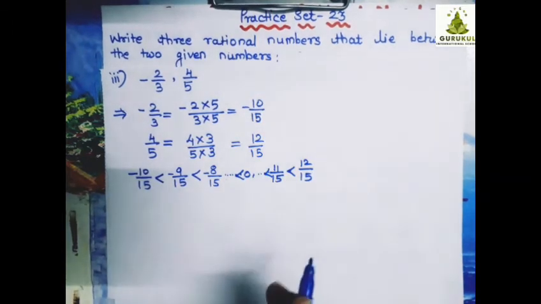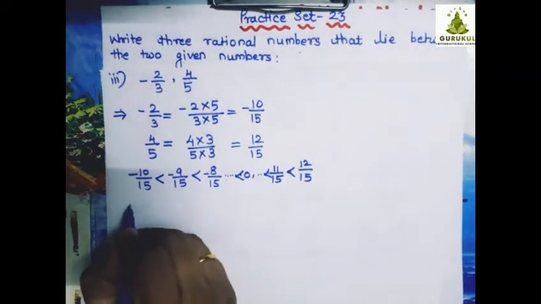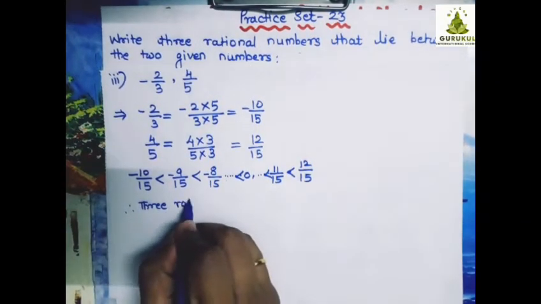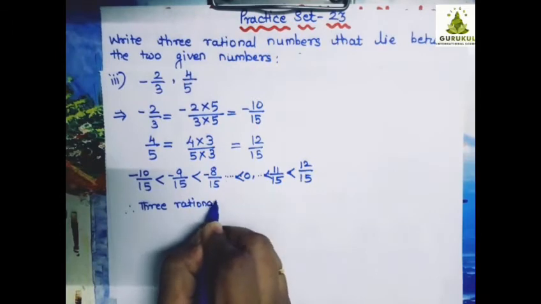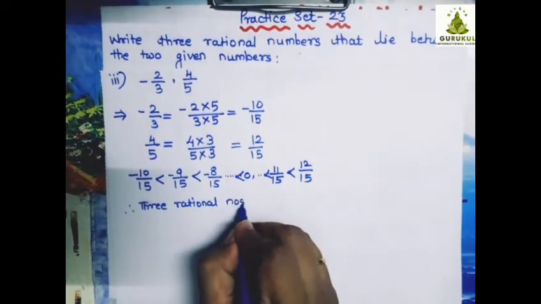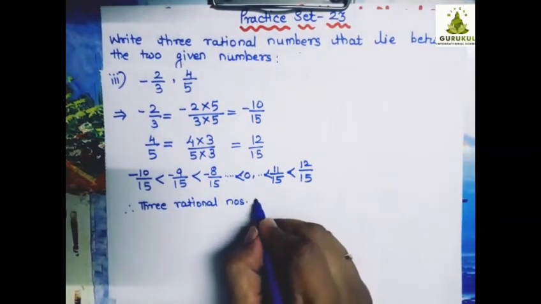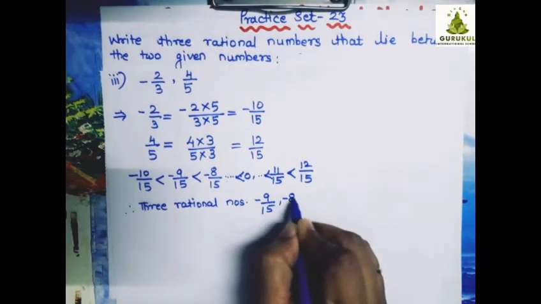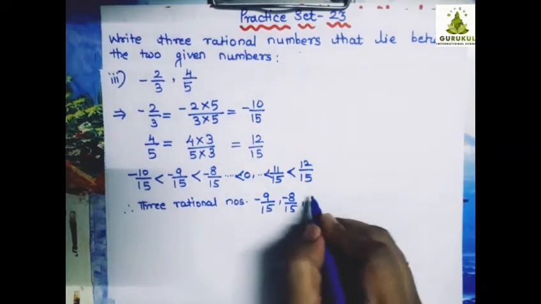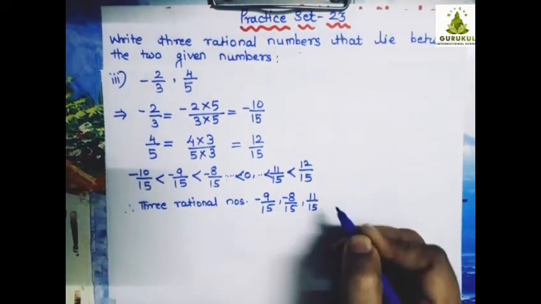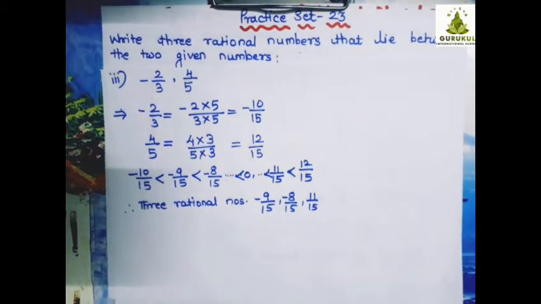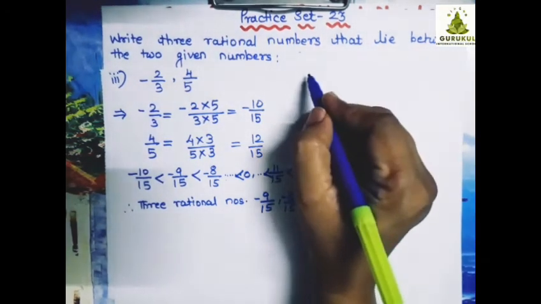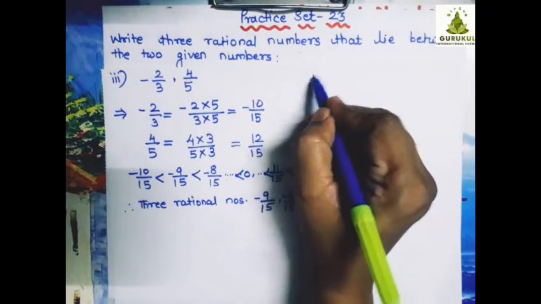Out of these so many numbers, any three numbers are, therefore, the three rational numbers. It's again up to you. Any number you can write. Don't think that because the teacher is writing this, you should write this. It's not at all like that. You people can select the numbers on your own. Any number you can write. Okay, so this is the answer. My answer is this one, your answer may be another one. That may come, and that is okay.